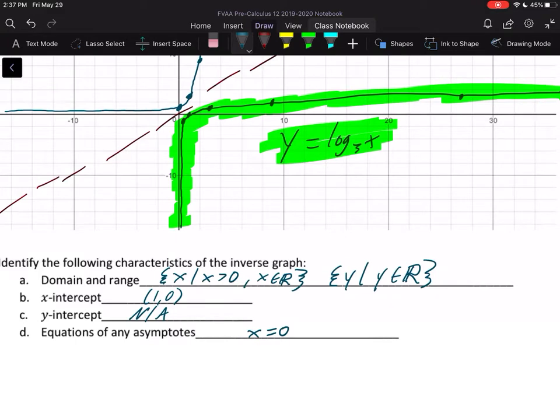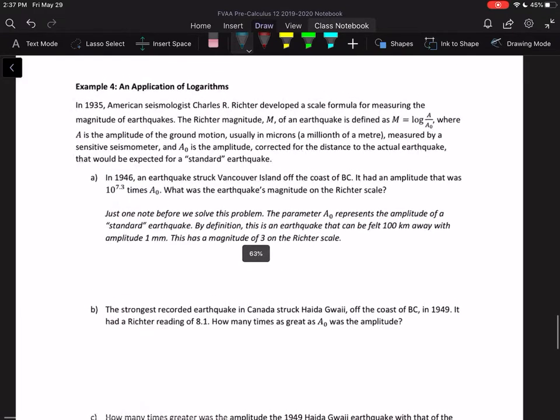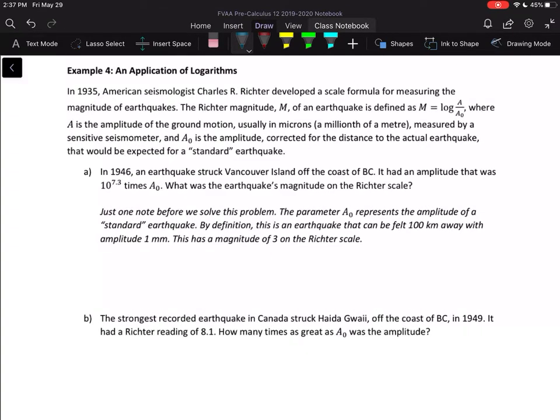All right. Last page here, looking at an application. Of course, in Vancouver here, we're always expecting the big one in terms of an earthquake. Heaven forbid it would happen right now. But here is an application of logarithms. So in 1935, American seismologist Charles R. Richter, you may recognize this name because we measure earthquakes on the Richter scale, developed a scale formula for measuring